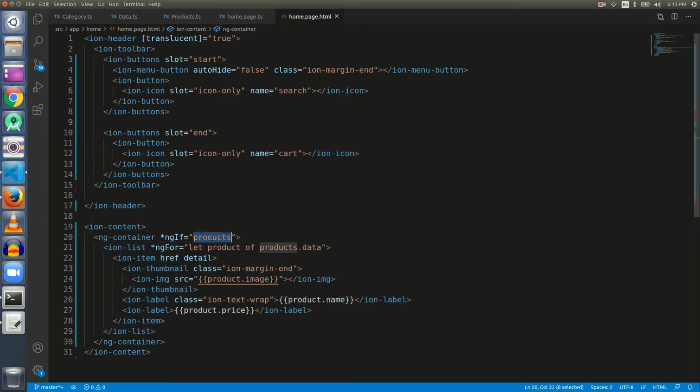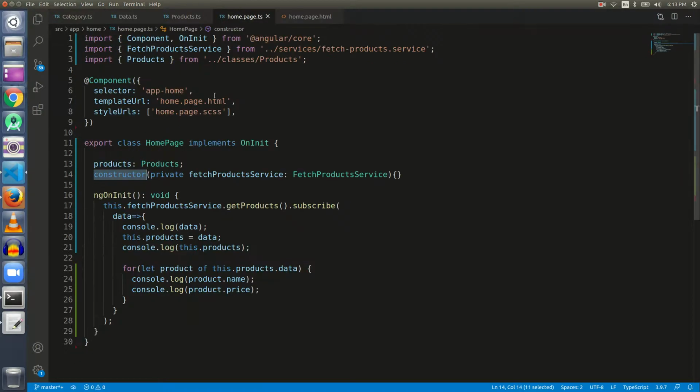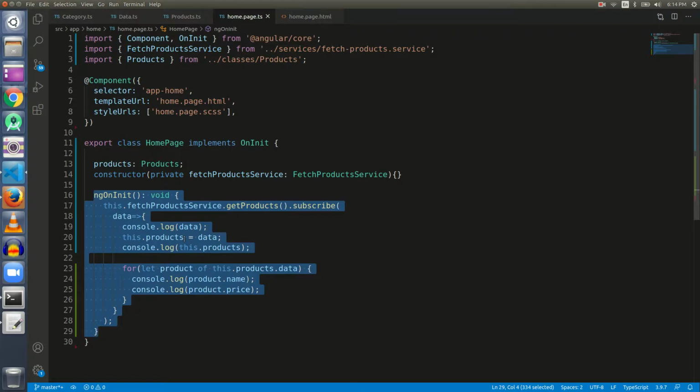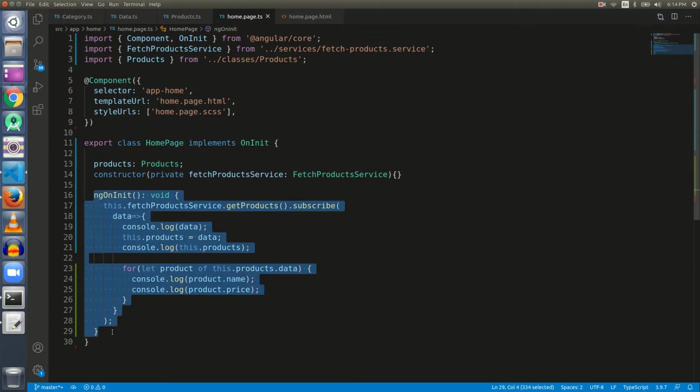If products is not equal to null, then execute this code. So actually the HTML page is rendered twice. When we save the code, it is rendered here, and when the data gets changed, it renders again. So what we are doing is stopping its rendering before the change of data.